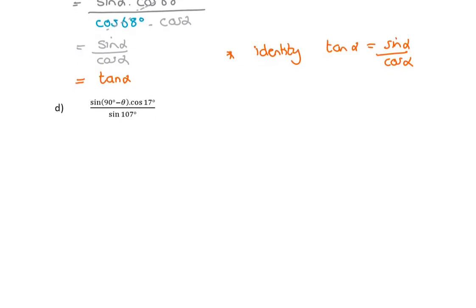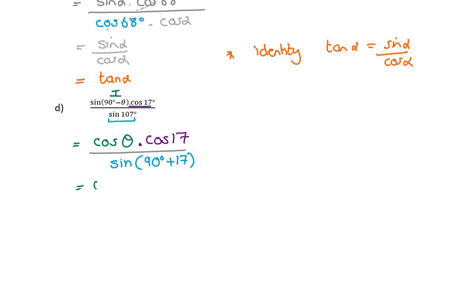Okay, last example for this video before we watch a slightly different one. Let's do some reduction. 90 minus is quadrant 1. Sine is positive, but it's 90, so I change its name to cos. On to the next factor, cos of 17. It's not special, but it's acute, so I'm going to keep it for now. And now my denominator, I'm hoping I can rewrite 107 using 17, because it must be somehow related, and I can. It's 90 degrees plus 17. So I've got my cos theta,